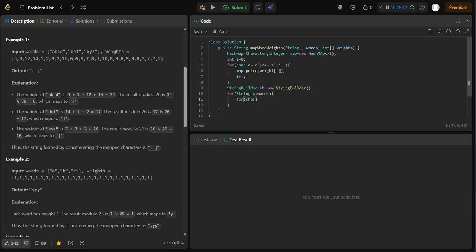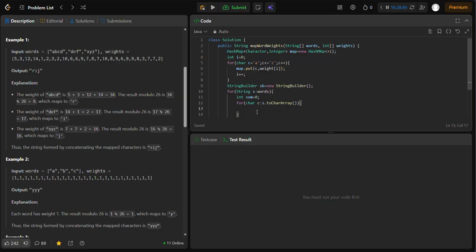So for char c in s.toCharArray, which is used to convert the string into a character array. Once we are done with this, we need to calculate the sum. We have to declare sum over here. Int sum is equal to 0, so that when you come across a new word, sum becomes 0 again. And here we'll calculate the sum: sum plus equals